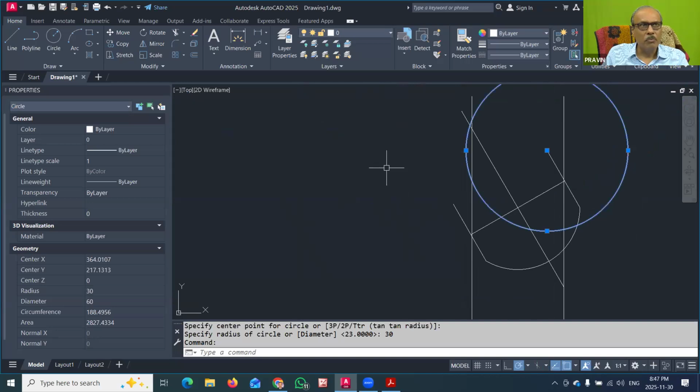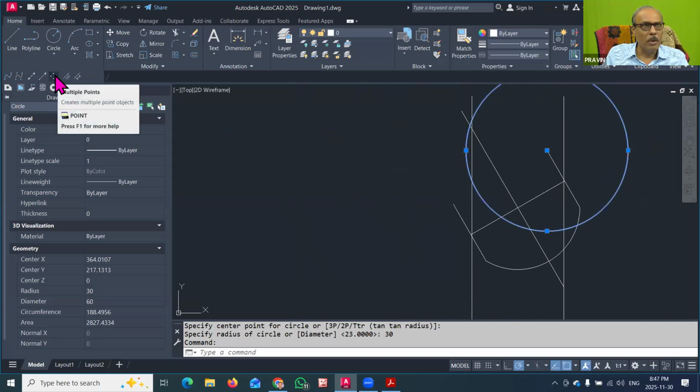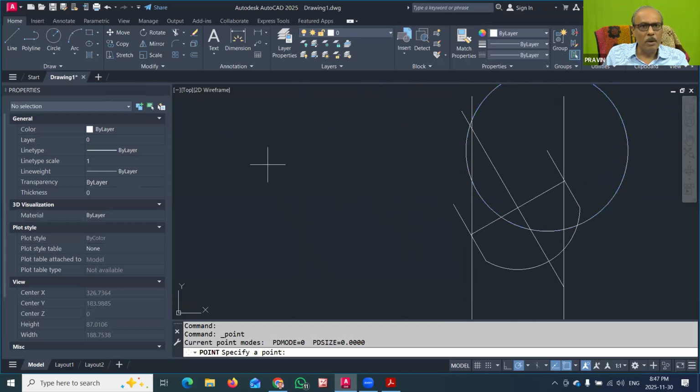Instead of that, I will go to the point command. Here you can check out the point command, and I can mark the point, but that point should be visible. So I have clicked here, but that point may not be visible.